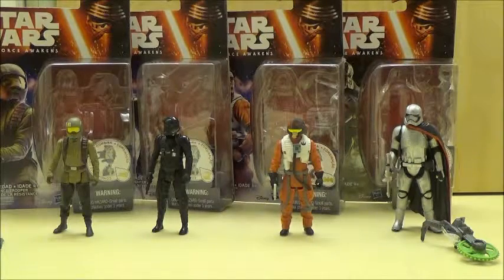Force Awakens toy line. Now, while these figures are definitely, once again, not the best figures on the market, they're still pretty decent for what they are, and they're a lot cheaper to get a hold of than spending about $13, $14 for each individual figure as an articulated figure in the Walmart exclusive line. So for those who just want to have a representation of the character or design of a character on their shelf, this is a good way to go for it. And I think the first wave did pretty decent to have some kind of collection to build up for the